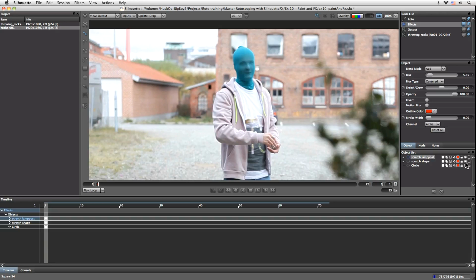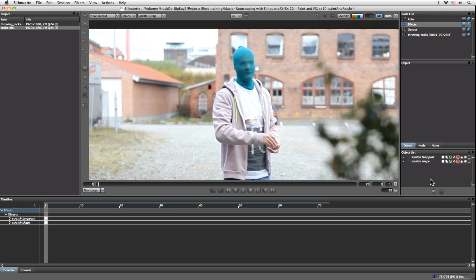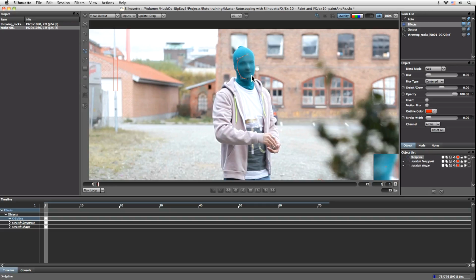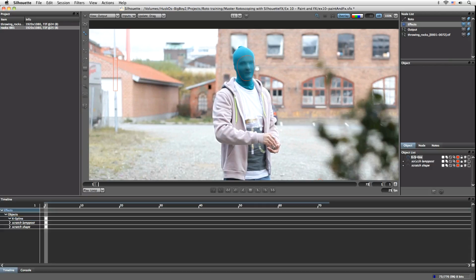I'm going to lock all these up. I am going to save these two here just so you can have a little look at what they're doing in the saved project file. And let's come in and use my X-Spline again and just do a very rough shape around this face here, because I want to have a look at Blemish. Let's come in and we'll go